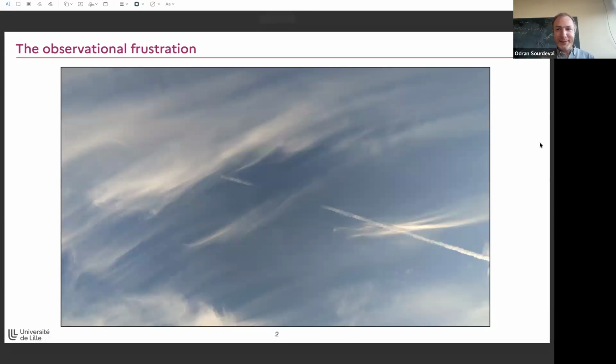There we go. So I like to start with the motivation, which is this frustration, what I call here the observational frustration. That will be just going to the office in the morning and then looking at the sky, and you see these nice ice clouds, and I even put a little contrail in there together with the cirrus, as Andreas showed